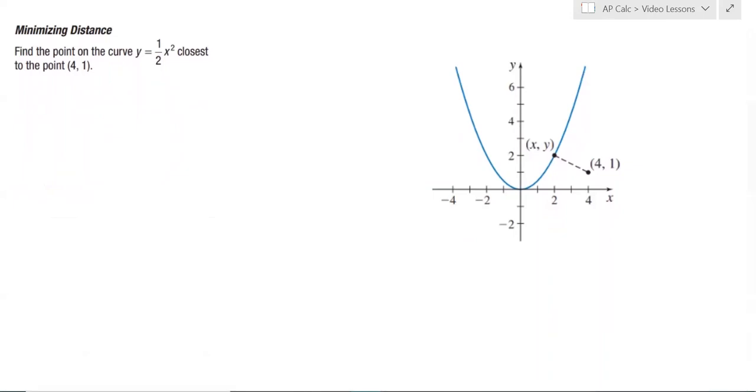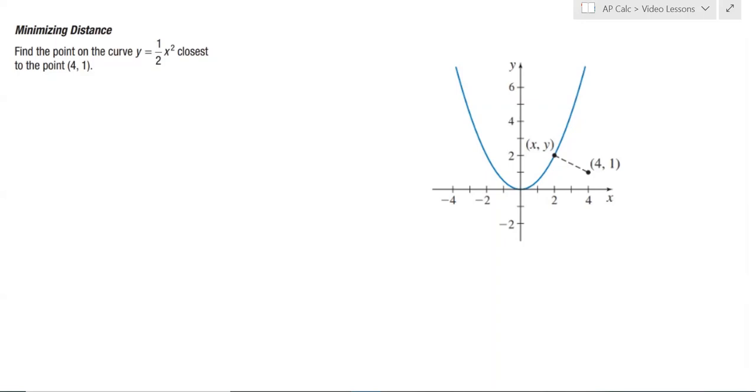Look at is minimizing the distance. You'll see these problems from time to time. And we want to find the point on the curve y equals 1/2 x squared closest to the point (4, 1). Now I have the picture here, but if you didn't have the picture, it'd be helpful to draw